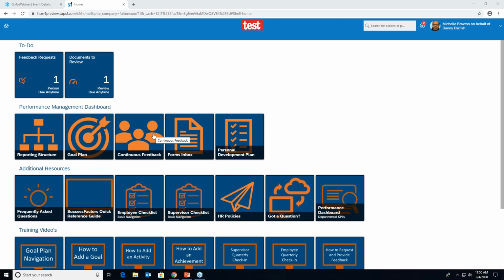The icon on the top left side here is the home button, and this will get you back to the home page wherever you are within the system. To the top right is the search bar. If I wanted to search for an employee, you simply type in their name in that field and their information will pop up there.